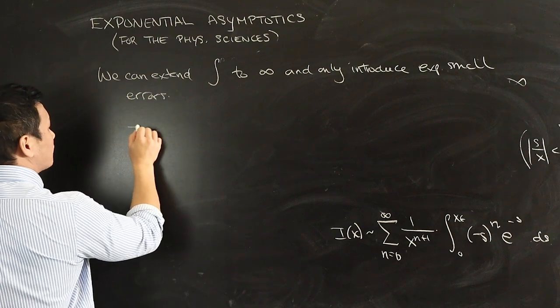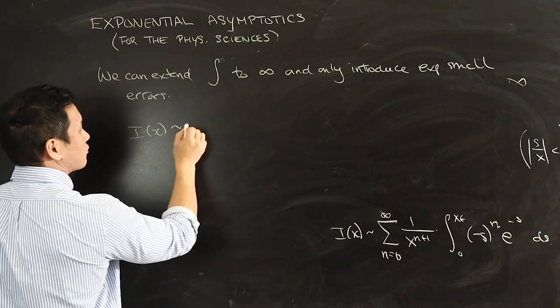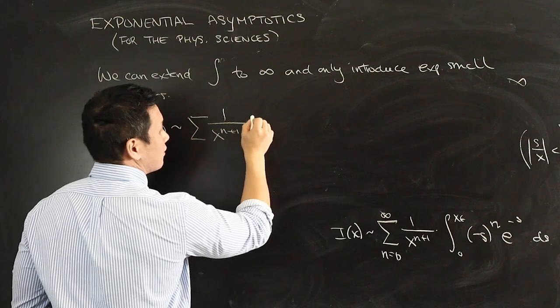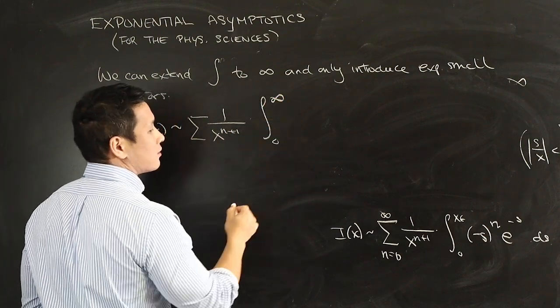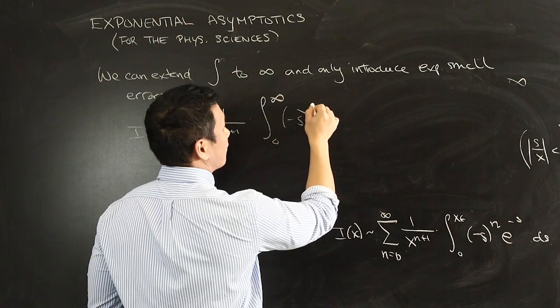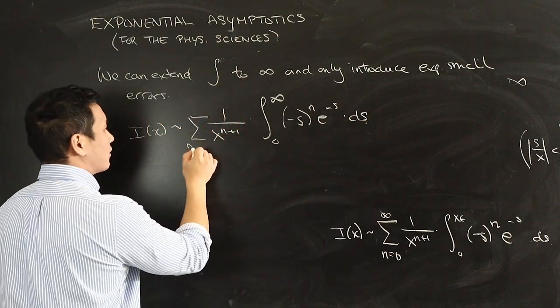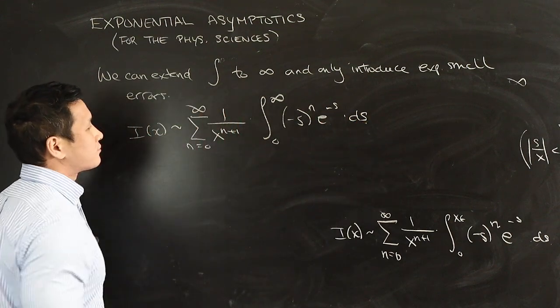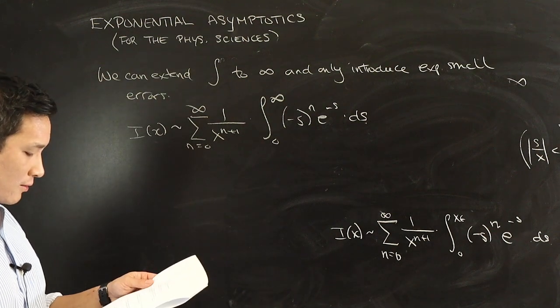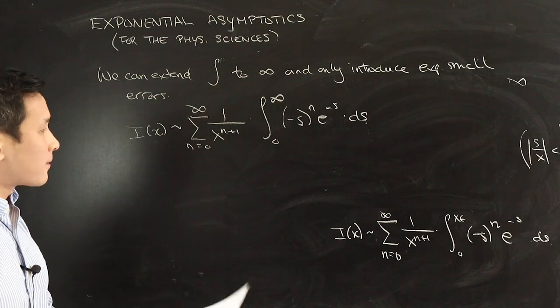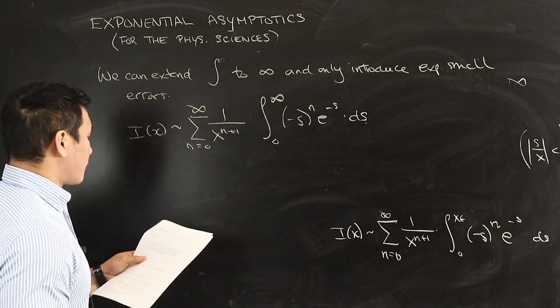So I of x is just twiddles the sum of 1 over x to the n plus 1 times the integral from 0 to infinity of minus s to the n e to the minus s ds. And this thing here